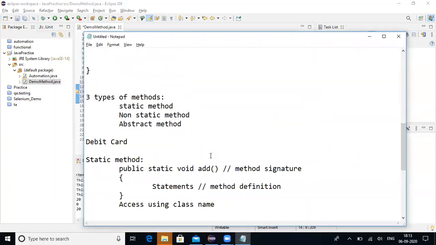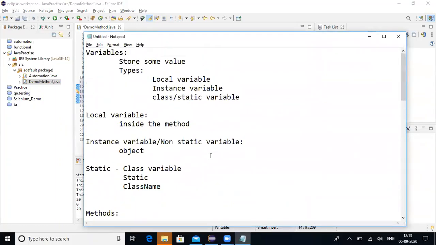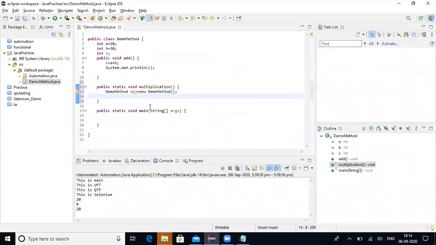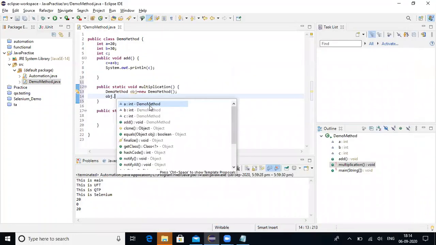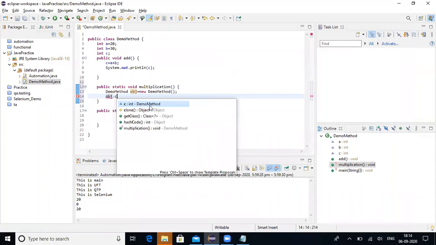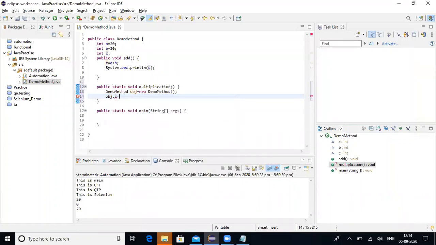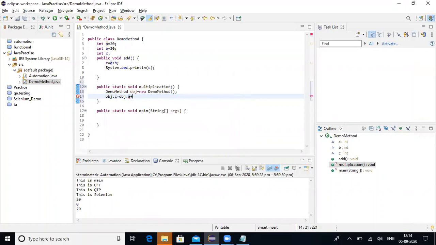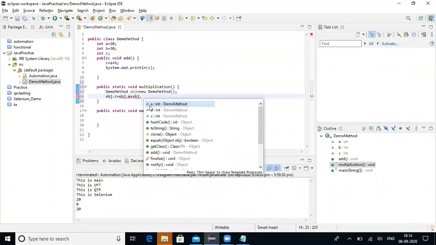An instance variable, that is a non-static variable, should be accessed via an object created for the class. Using the object, you can access A, B, C.